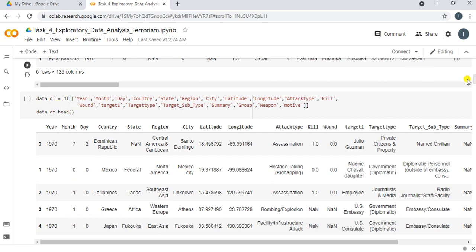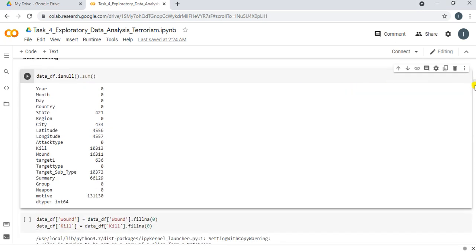So we need to clean this data set. To do so, we need to find out the null values in the data set and isnull dot sum is useful for this purpose. Here the output represents the column name and the null values.